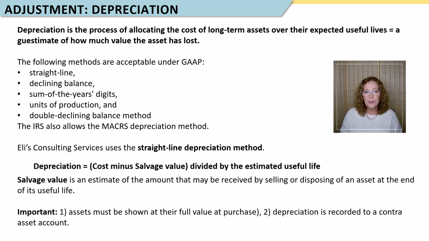Imagine if a large company would actually have to assess how much value each of their assets still has. So we use different methods of depreciation and estimated useful lives to approximate how much value an asset still has. Is it super exact? Absolutely not, but it is a good guesstimate. So let's cover the different methods really quick. There is straight line, declining balance, sum of the year's digits, units of production, and double declining balance method. The IRS also requires the use of a depreciation method called MACRS, unless it is an asset purchased before 1987.